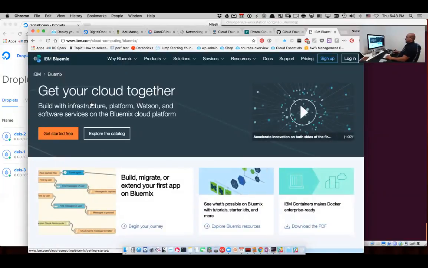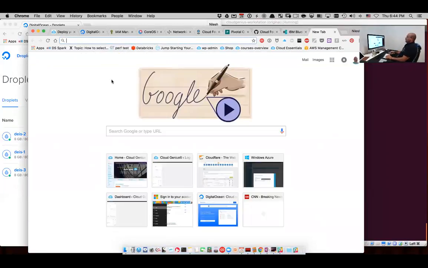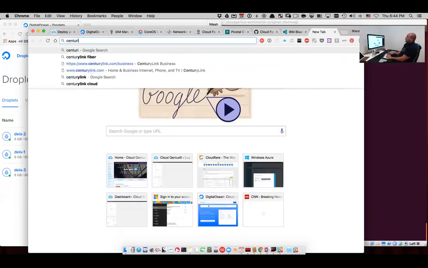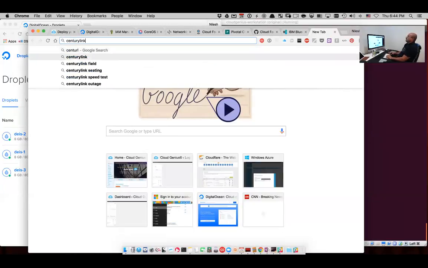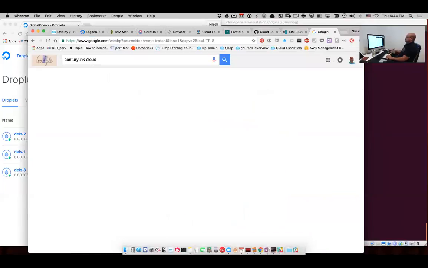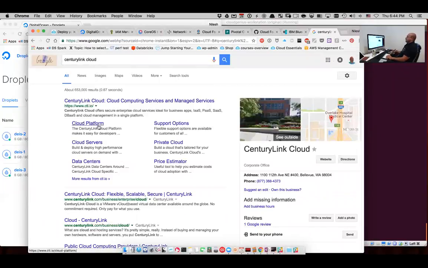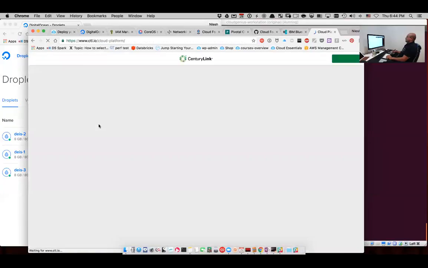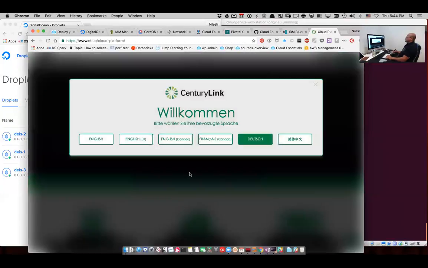That's an example of what Cloud Foundry has done for IBM to construct their Bluemix platform, which is a commercial platform service offering from IBM that uses Cloud Foundry under the hood. There is another company local to us here in the Seattle Bellevue area, and that company is CenturyLink Cloud. These guys also have created a cloud platform by acquisition of a company that uses